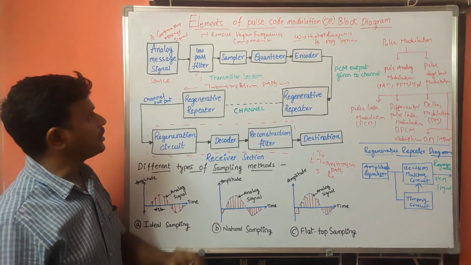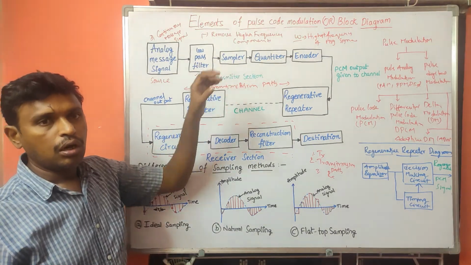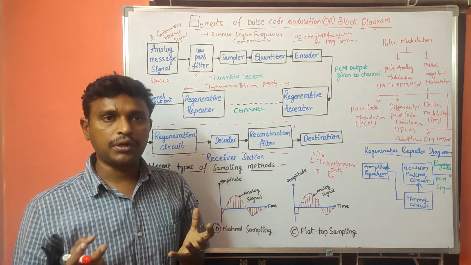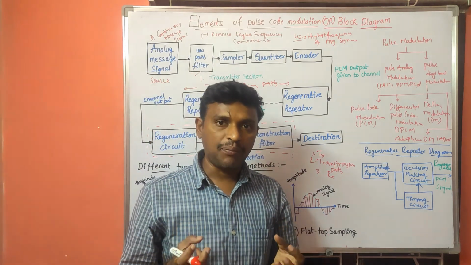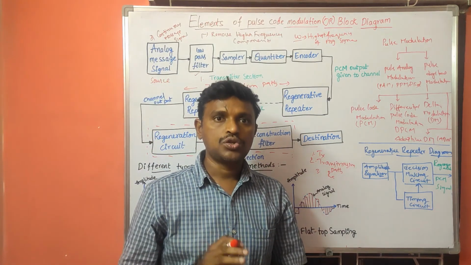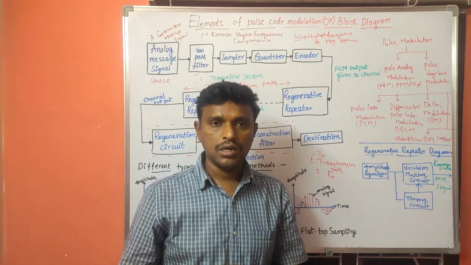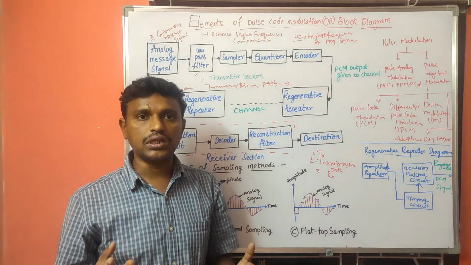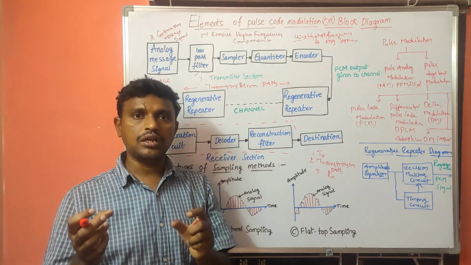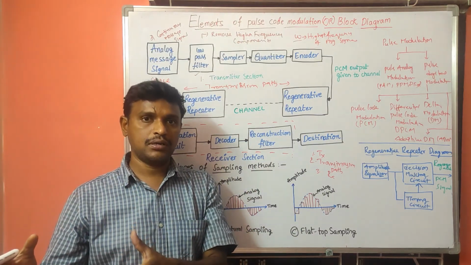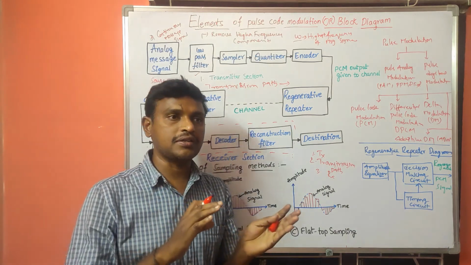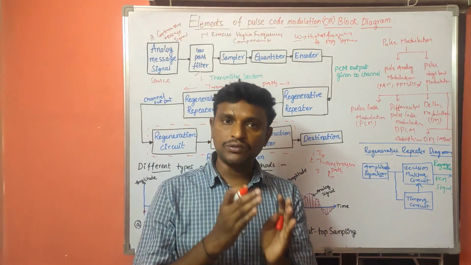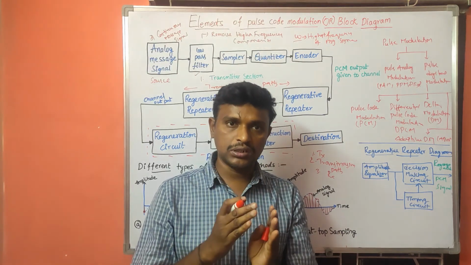Under the sampler, we will do the sampling process. What does sampling process mean? Sampling process means it will convert the continuous signal into discrete samples. I am not telling discrete signals, I am telling that the sampler will convert